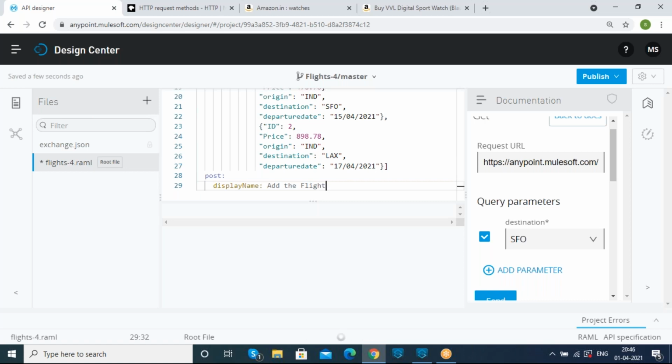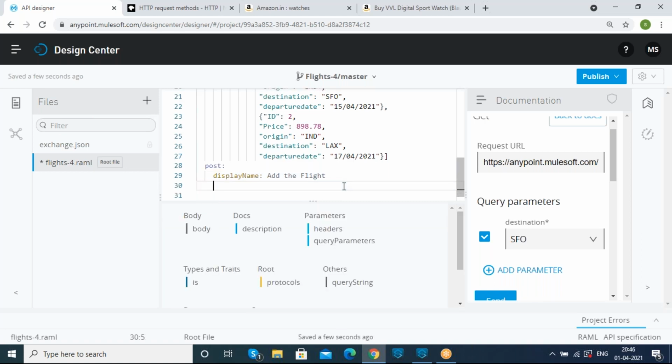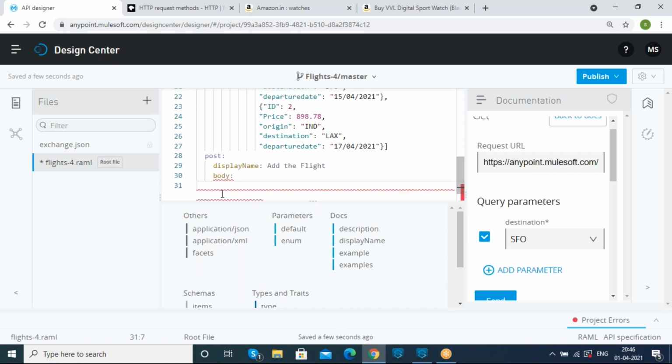So whenever some user comes and clicks on this add the flight option, how will it be visible in real time? In real time, it will be connected to the database, so all the flights data will be displayed for us as our response. From it, we choose one flight ID in order to book a flight ticket. Since we are not connected to any database, statically I am picking a body part in order to show the users an example, for example if we had booked a flight ticket. To show that example data, since we just need a body part, I have chosen the body part over here.